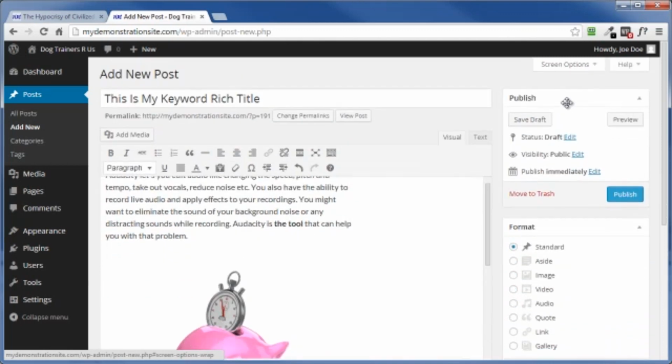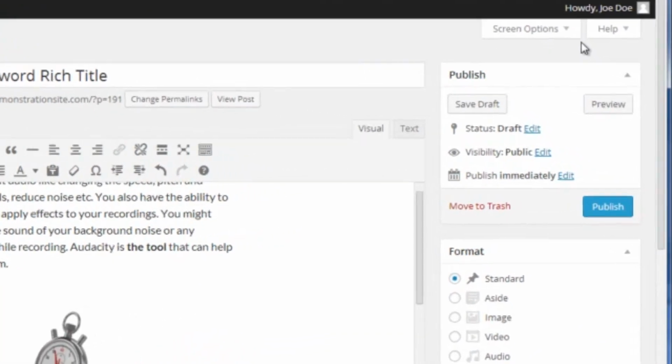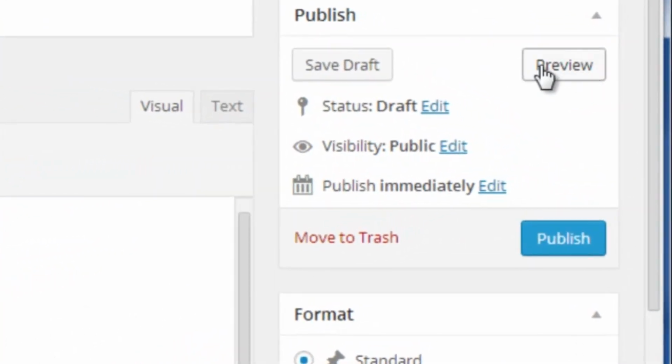Go ahead and click on that to close it up. And you have some help options directly related to the Add New Post page right here. Now below that is the Publish module, which allows you to preview this post prior to publication, allows you to save it as a draft for you to come back later and finish it up and then publish it by clicking on the Publish button here, or you can even schedule it to be published at a future date by